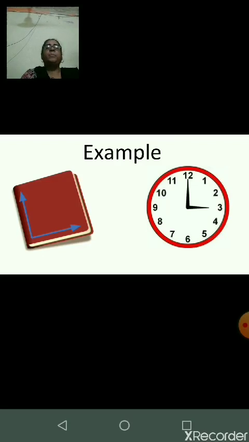Now in the second picture, what do you see? The time is shown, isn't it? How much time? Yes, 3 o'clock. So here also, if you see the hands of the clock, what will you see? It's a straight L shape. So which angle does it make? Right angle. Very good.